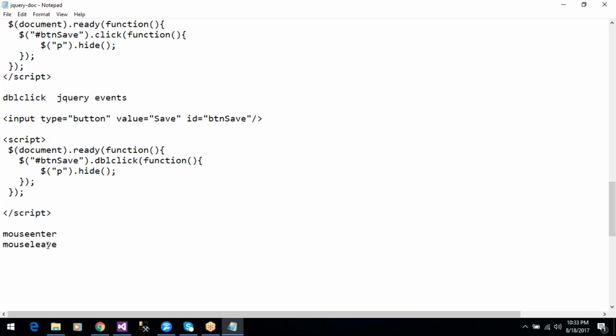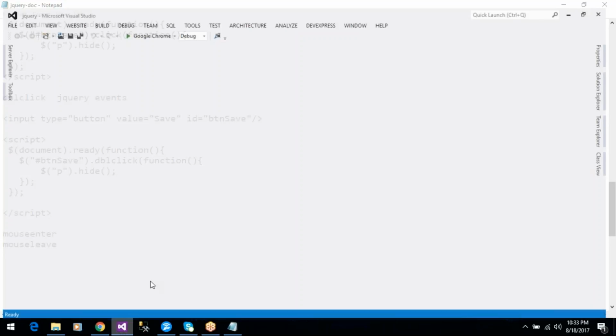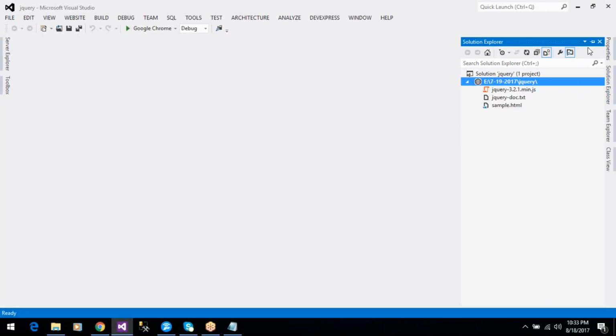And mouse enter and mouse leave are also the same. So we need to define the event name here: selector and event name, after that the functionality. So an example for this: